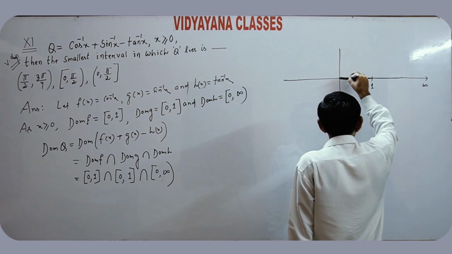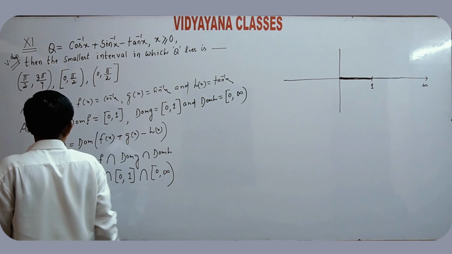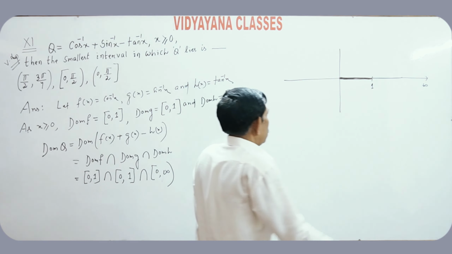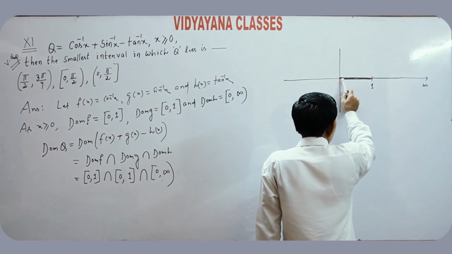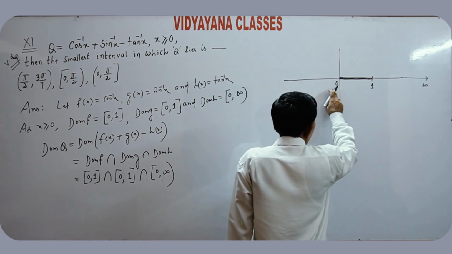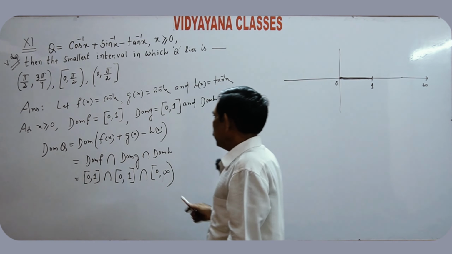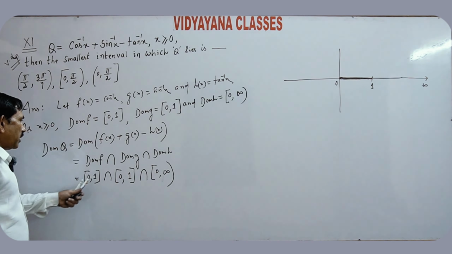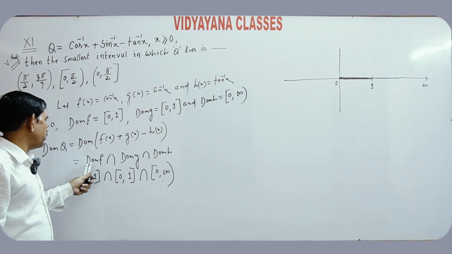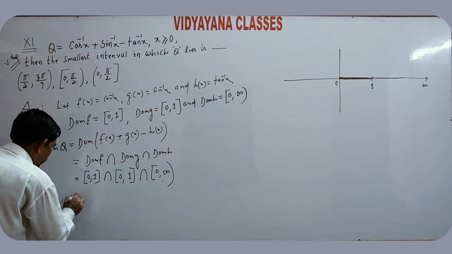The common region represents the domain of f(x) plus g(x) minus h(x), that means cos inverse x plus sin inverse x minus tan inverse x. Domain of f and domain of g are 0 to 1, but domain of h is 0 to infinity, so the common region is [0, 1]. So the domain of f plus g minus h is the same as dom of f intersection dom of g intersection dom of h. So the intersection region is,